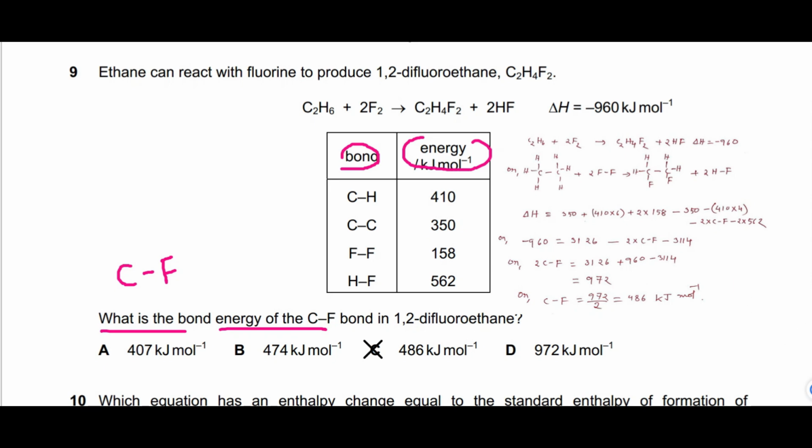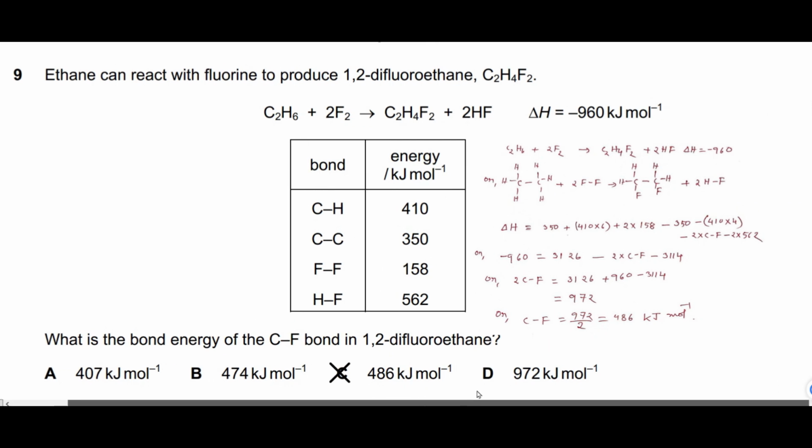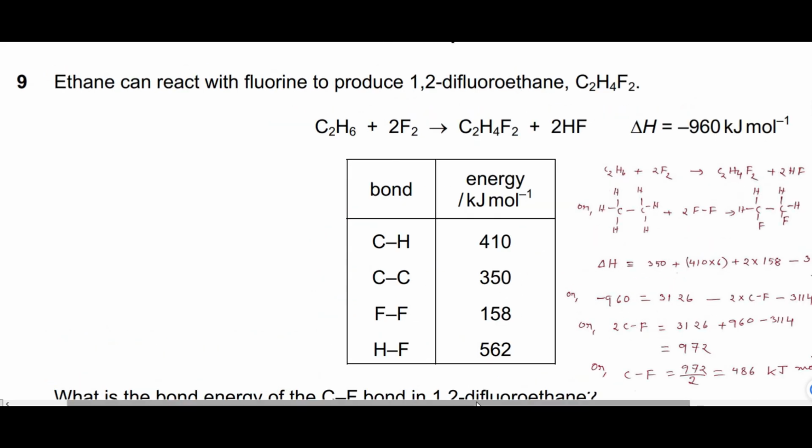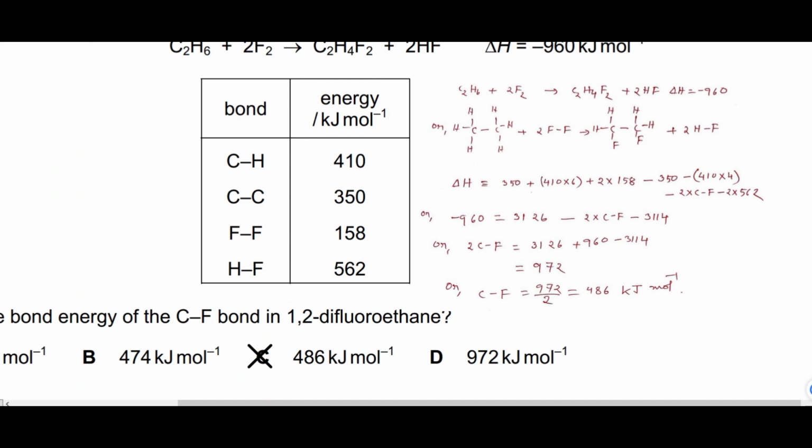If you write, you see ethane, fluorine, this is the displayed formula of ethane, fluorine, difluoroethane plus hydrogen fluoride. The enthalpy of the reaction, delta H, is given